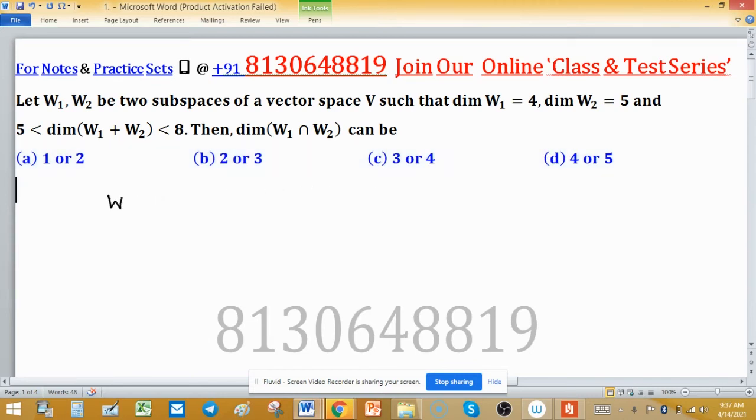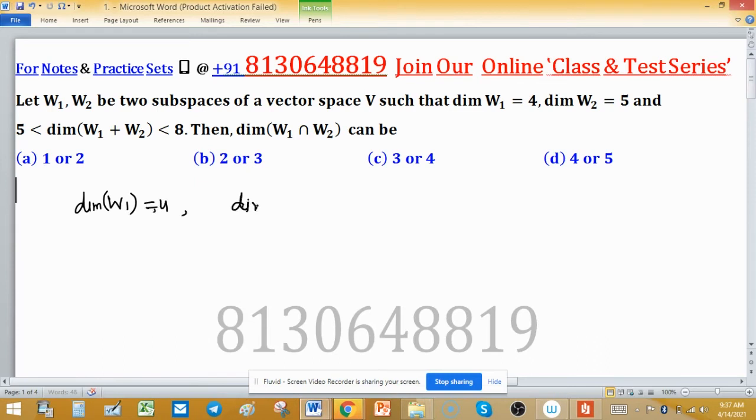Now the dimension of W1 is 4, the dimension of W2 is 5, and the dimension of W1 plus W2 lies between 5 and 8. Then, asked about the dimension of the intersection, we know a rule: